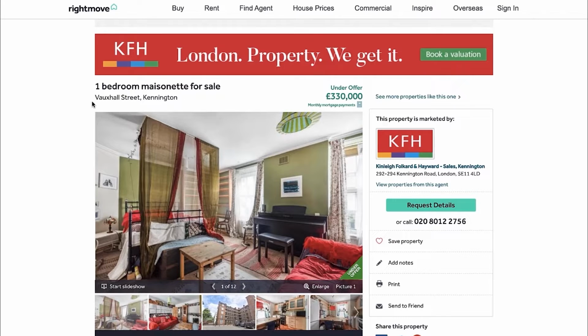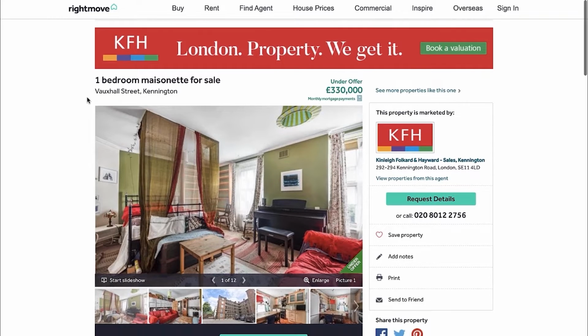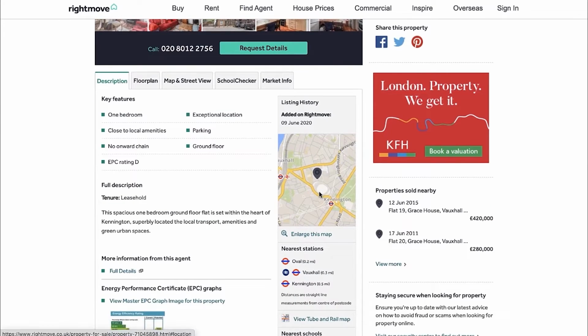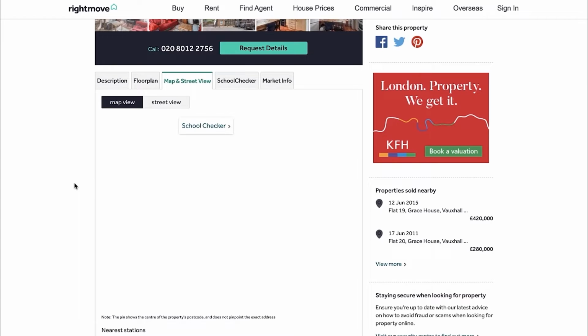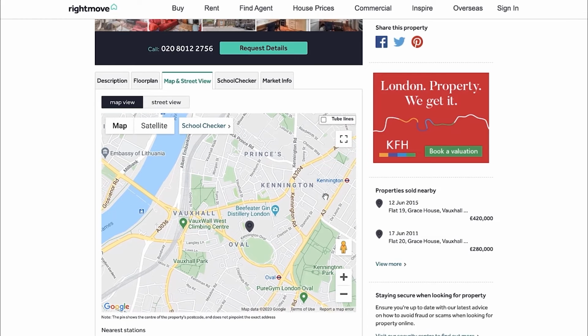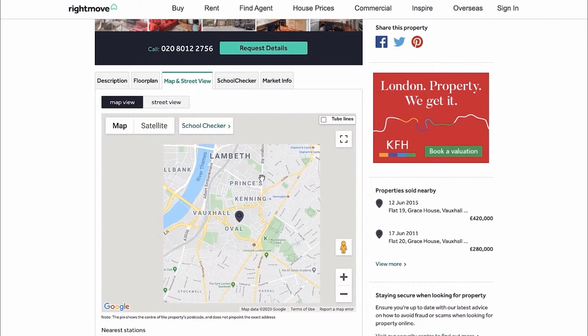Again, I believe this is zone 2 London, so not central London, but just outside of central London. It is a 1-bedroom property. It is not a maisonette. A maisonette essentially means a flat which is on 2 floors. This is actually just on 1 floor. Let me just show you the location and the floor plans, just to give you some sort of indication of where this is. This is actually right next to the Oval Cricket Ground. If you roughly know where that is, it's between Kennington Station and Vauxhall Station in London,